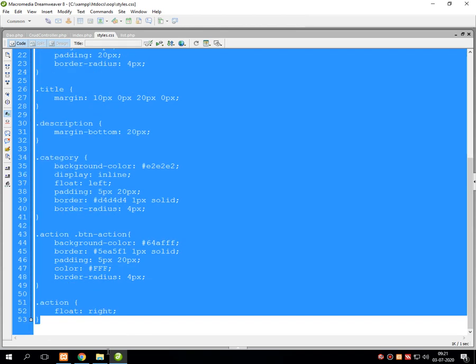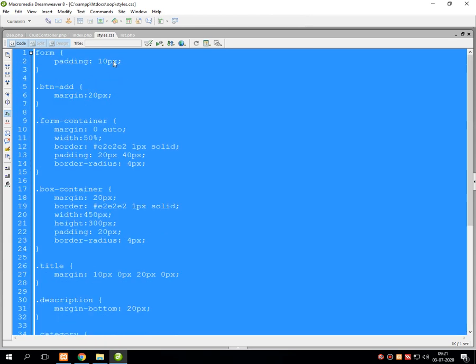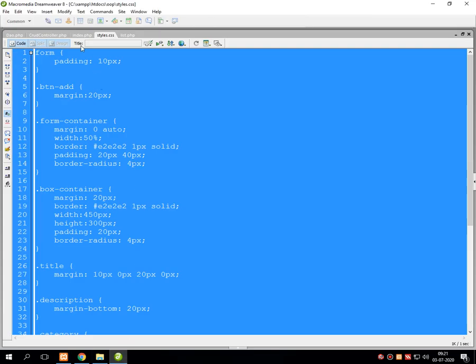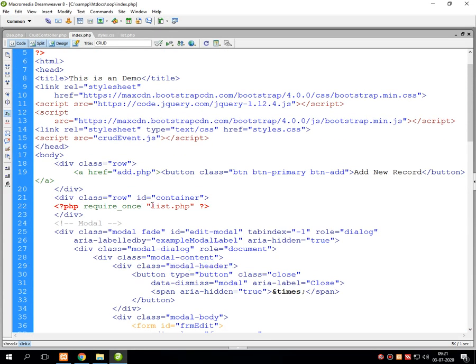In detail, many things I have written over here that you have to just keep for your reference by including the style.css file. CSS means, as we know, cascading style sheet, in which once we write a line of code, the effect of that line of code is going to be repeated in all the files for that particular HTML tag. So in my next lecture we'll go for the next file that is called list.php.